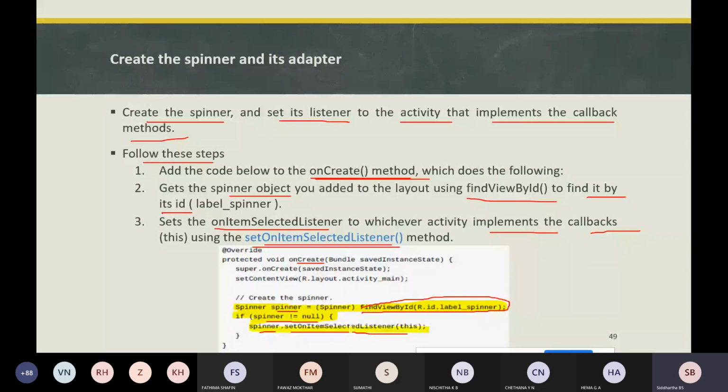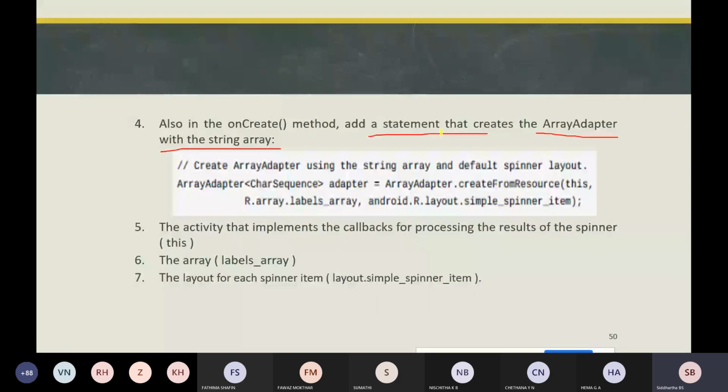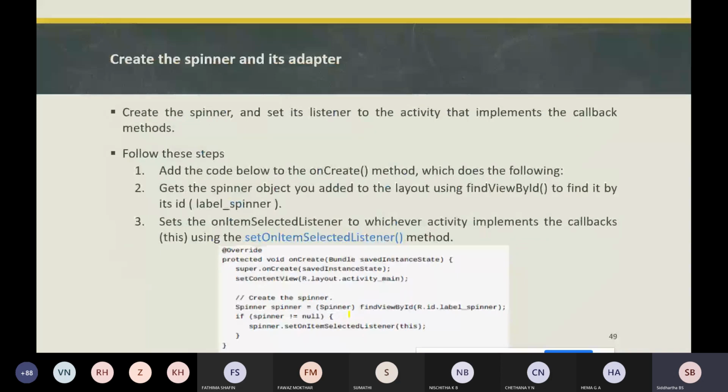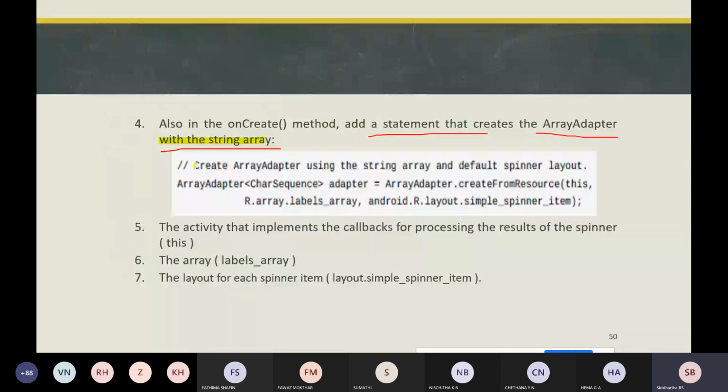Next, we add a statement that creates an array adapter with the string array. To create the array adapter using the string array and the default spinner layout, we have an adapter object, created with createFromResource.